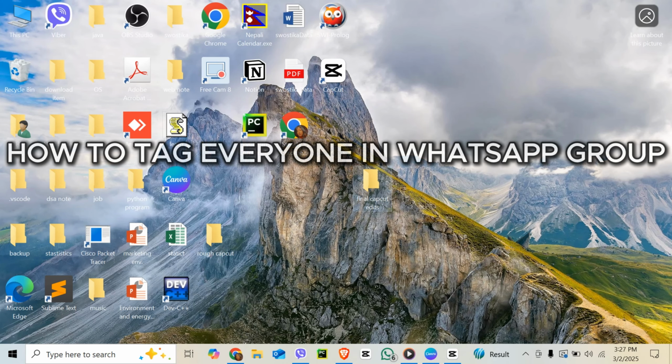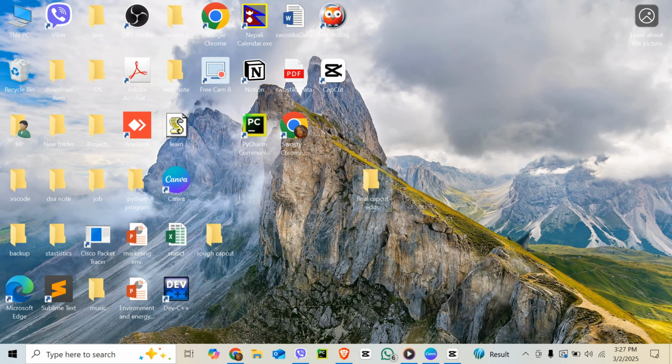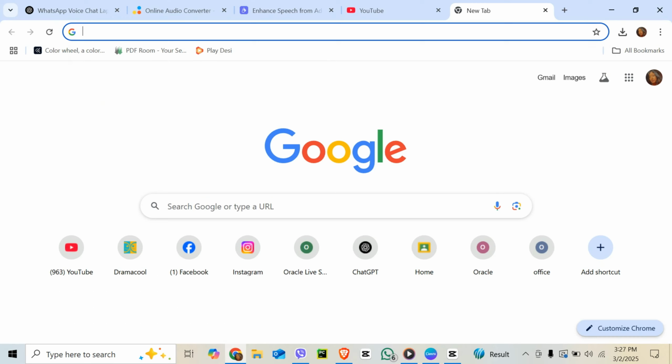Have you ever wanted to notify everyone in a WhatsApp group at once? No more typing names one by one, because today I'll show you how to tag everyone in a WhatsApp group using your laptop. Let's go. First, open WhatsApp Web at